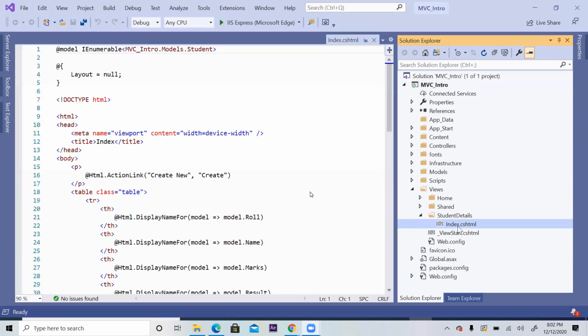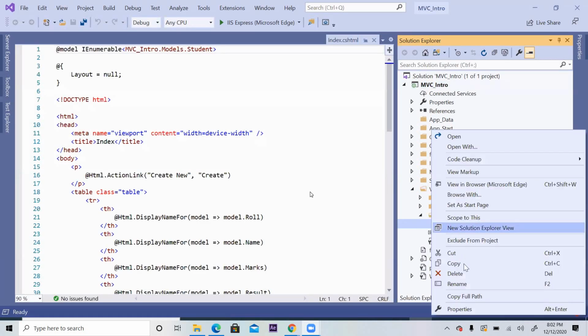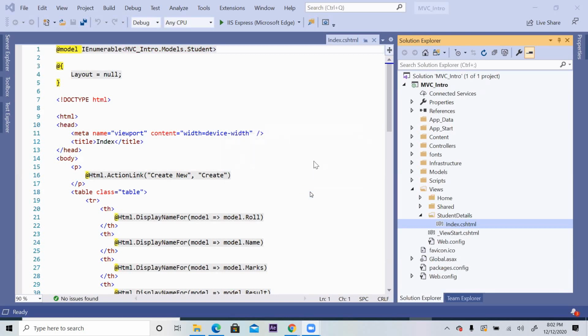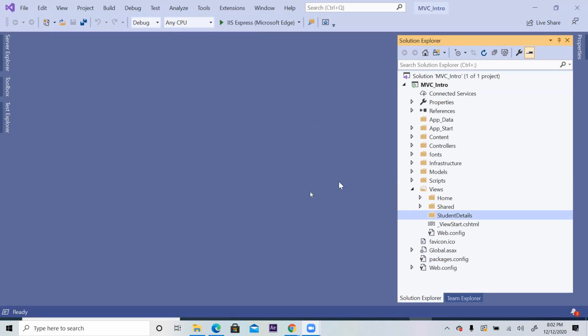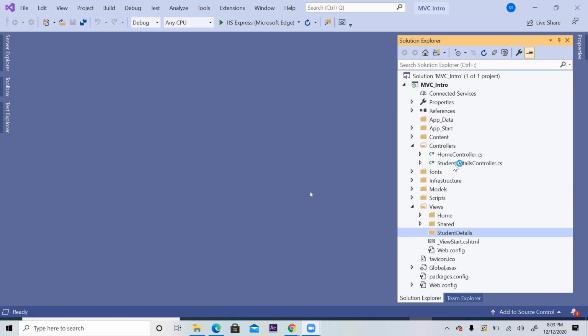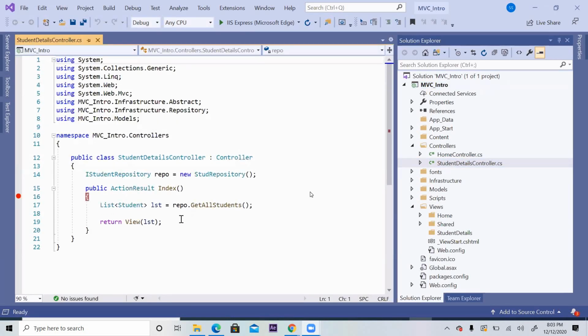So let me delete this. Instead of this, suppose I want to create our own view. Go to the controller tab, right click it.